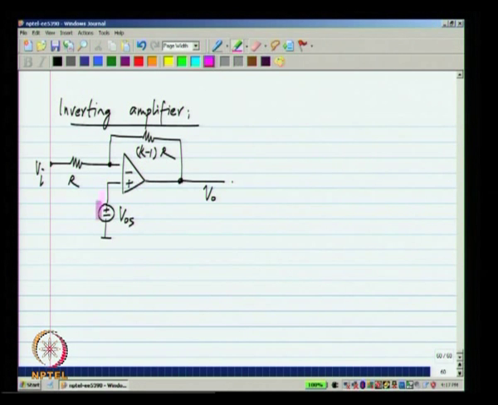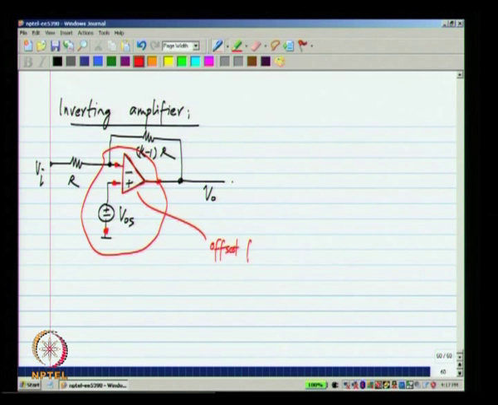Now, the way I have drawn this op amp is, this is the complete op amp. Okay. So, this is the negative terminal and that is the positive terminal, and the op amp that is drawn inside is free of offset, and the offset is represented by this voltage source V o s. Okay. That is a very common representation of the offset. You represent the offset as a voltage in series with either the plus terminal or the minus terminal. What will the output voltage be?